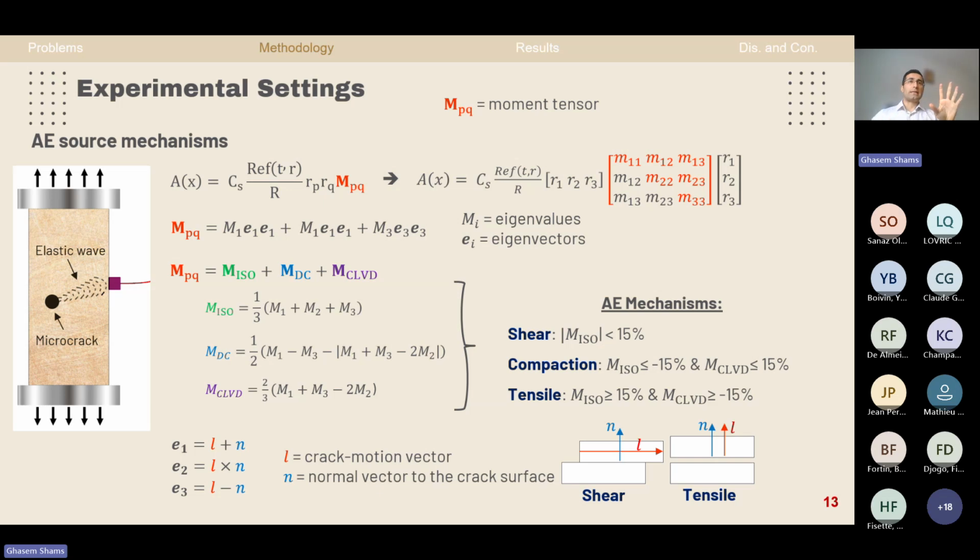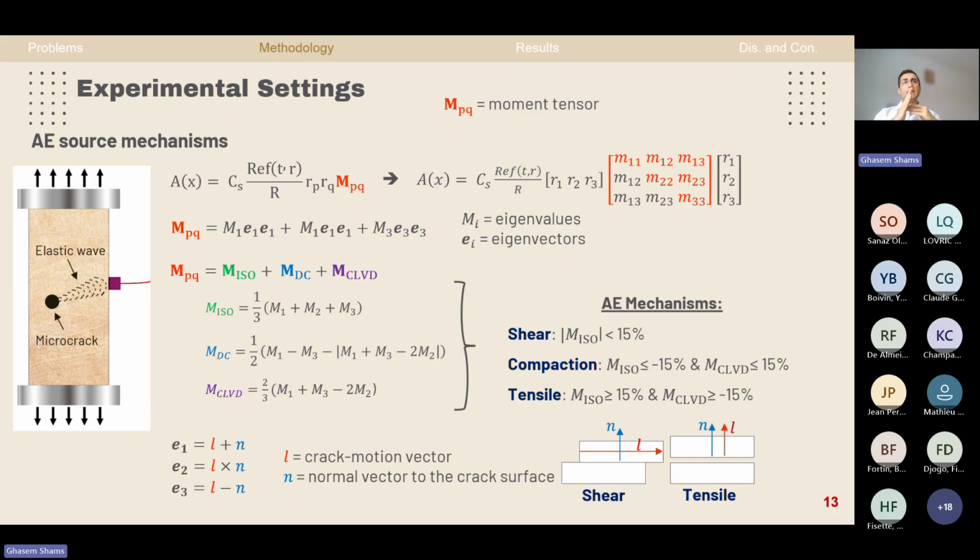Here is just to say that we use the moment tensor inversion method to determine the type of microcracks. The moment tensor inversion has 6 independent components. We need to determine 6 components. For determining these 6 components, we need at least 6 acoustic emission sensors to attach over the surface of a